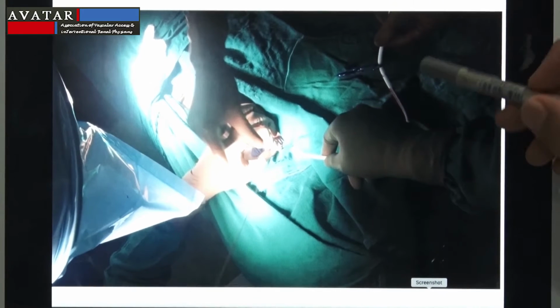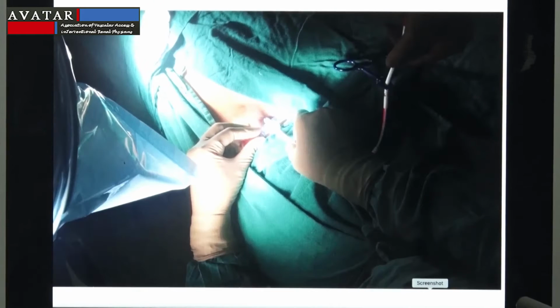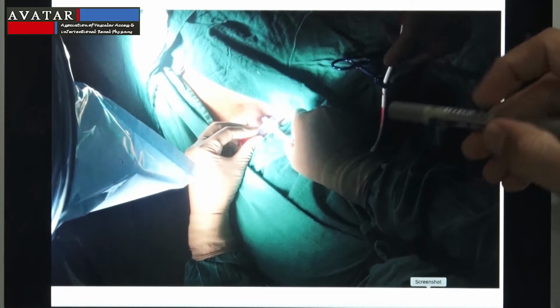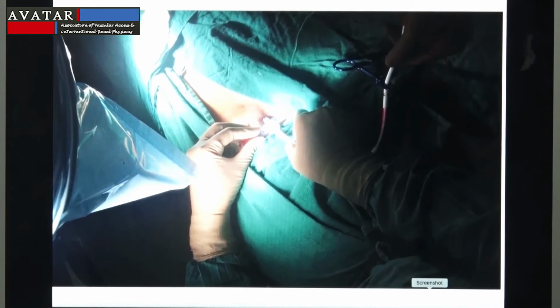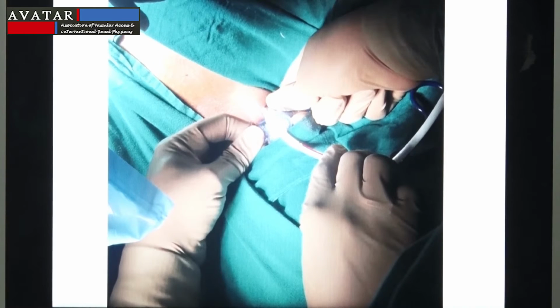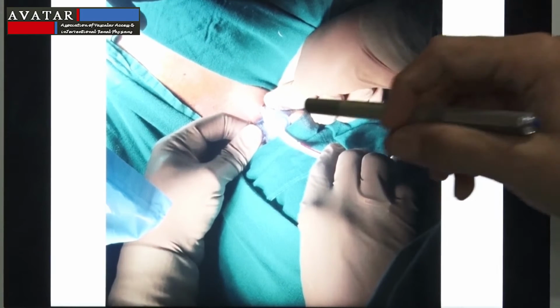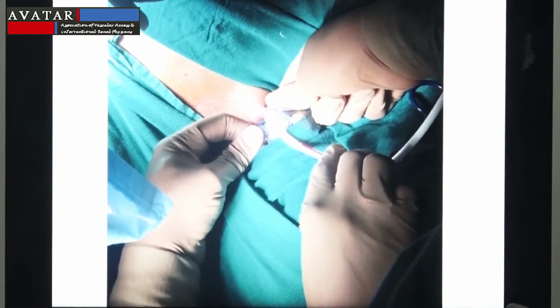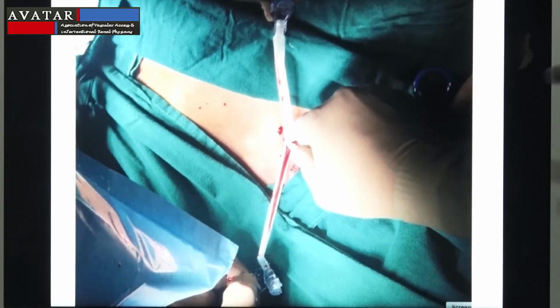And the catheter is then introduced into the sheath under fluoroscopic guidance again. You can see the catheter going inside the peel apart sheath. And then after confirming the position of the tip of the catheter under fluoroscopy, the peel apart sheath is pulled away so that we can pull it out. Here you can appreciate the sheath being pulled out.